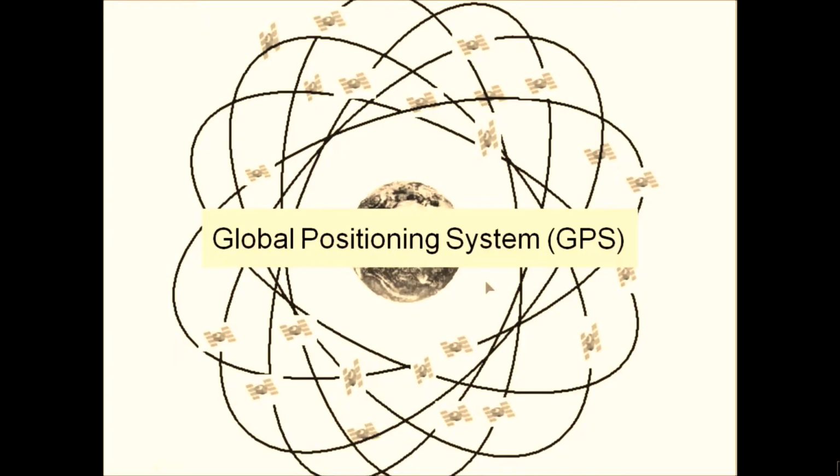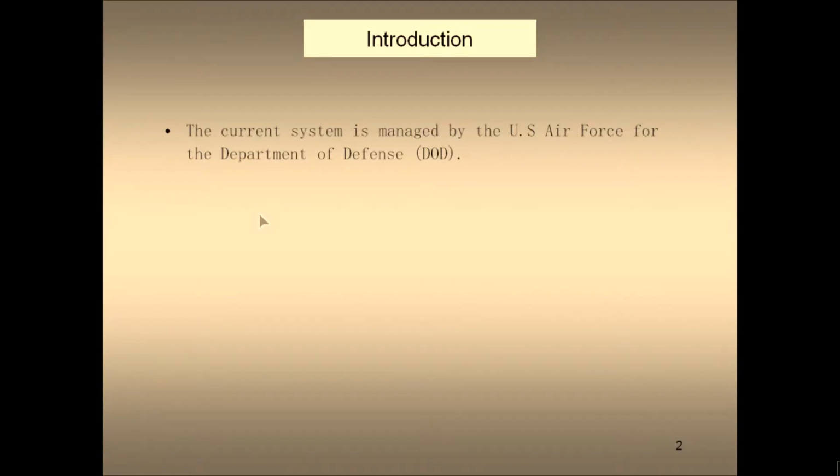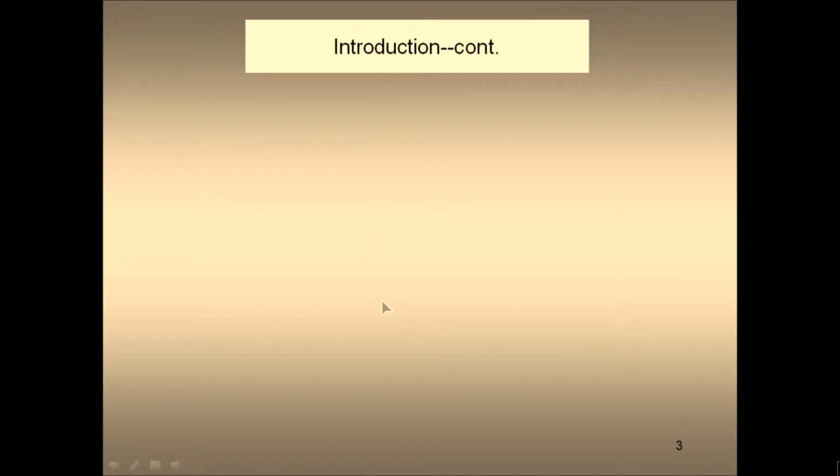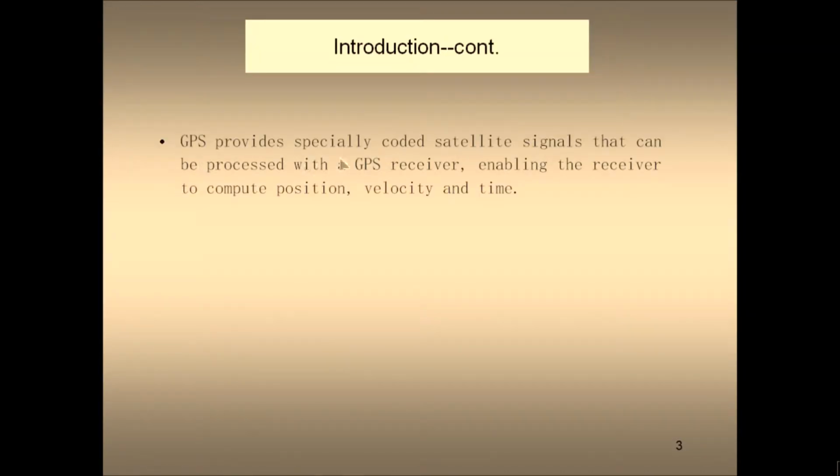Global Positioning System, GPS. The current system, which we call GPS, Navstar GPS, is managed by the US Air Force for the DOD, and the current system became fully operational on June 26, 1993, when the 24th satellite was launched. GPS provides specially